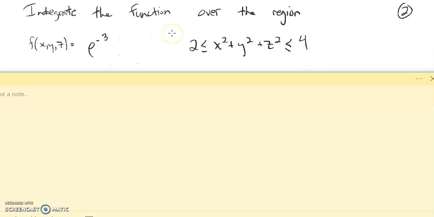So this region is actually, I will give you a hint in a moment. But if you would like to just look at this problem the way it's posed right here and try it, then just go for it. I'm going to give a little hint now. This region, this is rho squared here, right? So rho squared is going from 2 to 4, which means that rho would go from